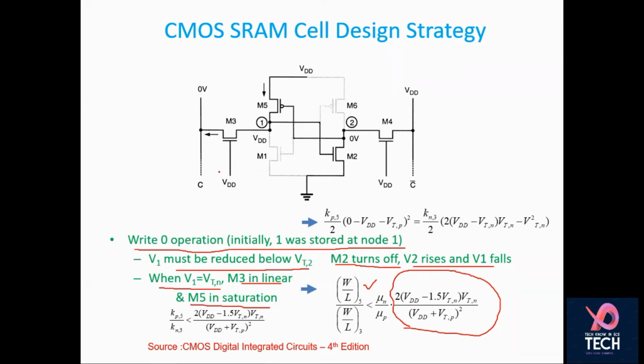So here the first thing is that these bit lines need to be charged. This bit line needs to be charged, and this you have to make 0. And when this word line is on, what happens? This one will get a path to discharge through this. And when it is discharged, this becomes 0. So when this becomes 0, this M2 is off, M6 is on, and M1 is on. So when this condition is there, 0 is being written and it will be retained unless and until we forcibly change the data using these lines.